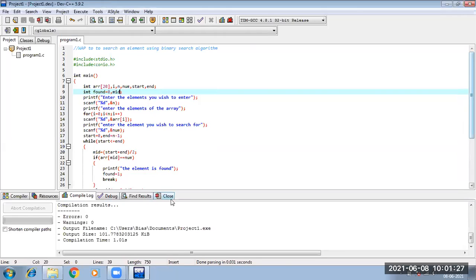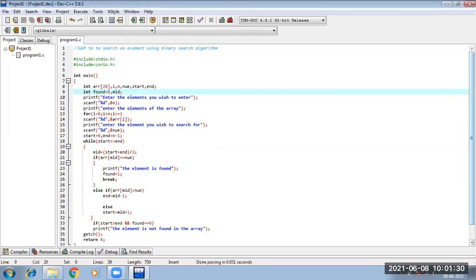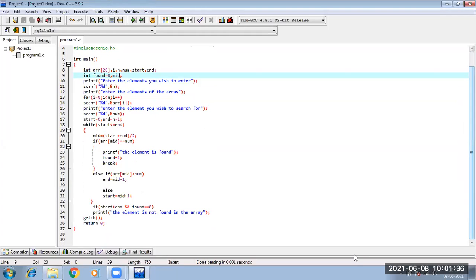So the logic which we learned in yesterday's class, we tried to execute in the form of a C implementation using the algorithm which we have learned. Okay, so now all of you have understood this thing, right? Yes or no? Yes, ma'am. Okay, now we will go to the part of finding the complexity. So now we will emphasize how to find out the time complexity of this binary search algorithm.